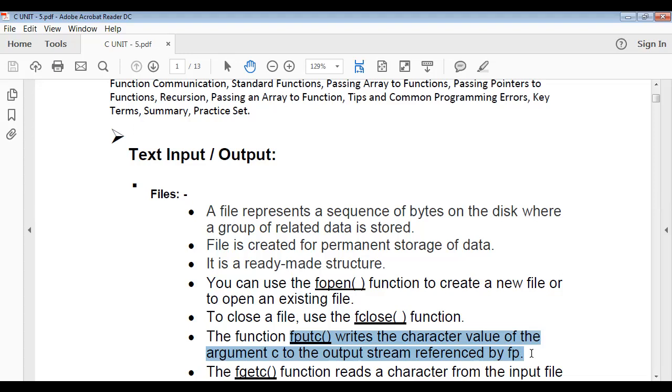This is used to write the character value of the argument c to the output stream referred by fp. So simply, this function is used to print the file contents. Okay. Next one,